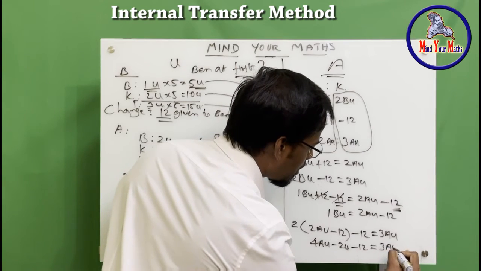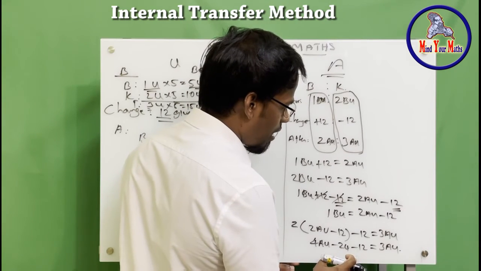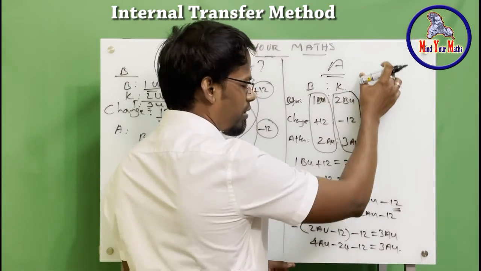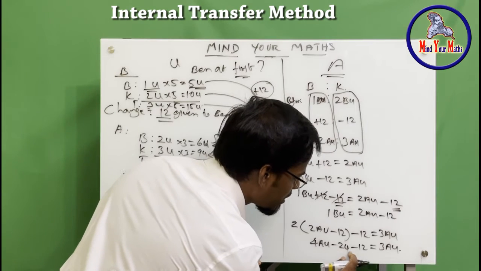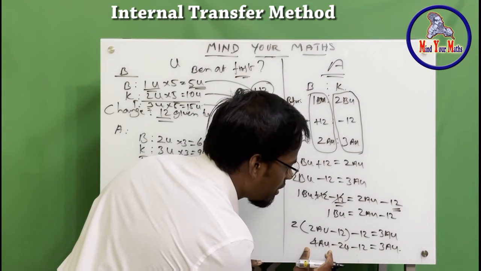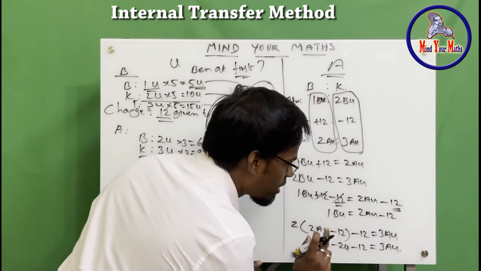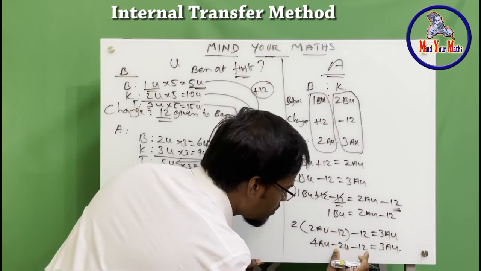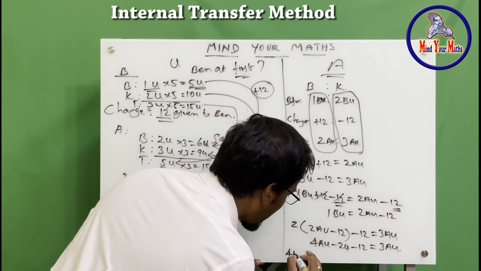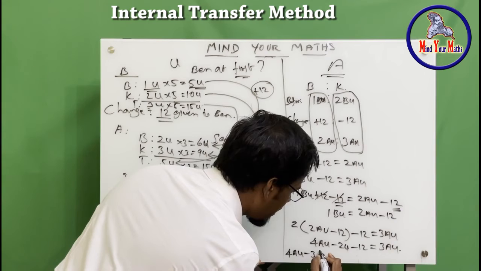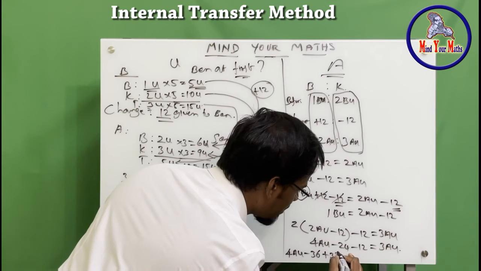Equals to 3AU. So now after this, because there is no space, I'll write one more line here and then I'll write it from here, yeah. So let's write one more line. What we need to do is that we have to cancel all the numbers to get only the AU here, and also we have to bring all the AU to one side. So let's do that. How do we do that? If you add them together, it is minus 36, right? So 4AU minus 36, right? Because we are going to cancel this number, let's put a plus 36 as well.